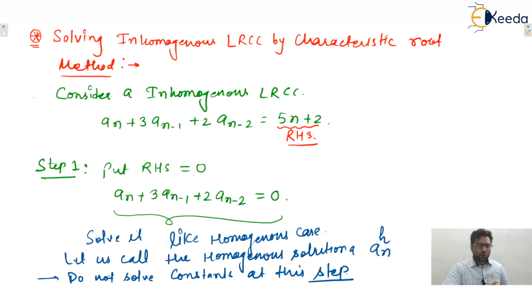So that was the homogeneous solution we found. Next, the second step is to find the trial particular solution. The trial particular solution will be chosen based on the format of the right hand side function. According to the format of the right hand side function, we will choose one trial particular solution, according to the table. Finally, we will add both the solutions, homogeneous as well as trial particular, and we'll see how to find the constant values. After that, we'll see the solution.